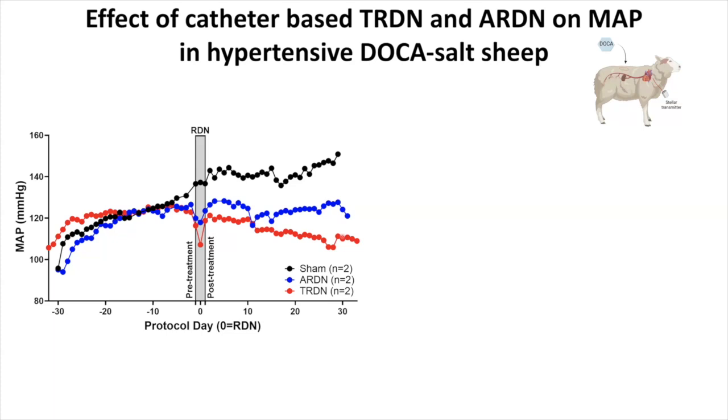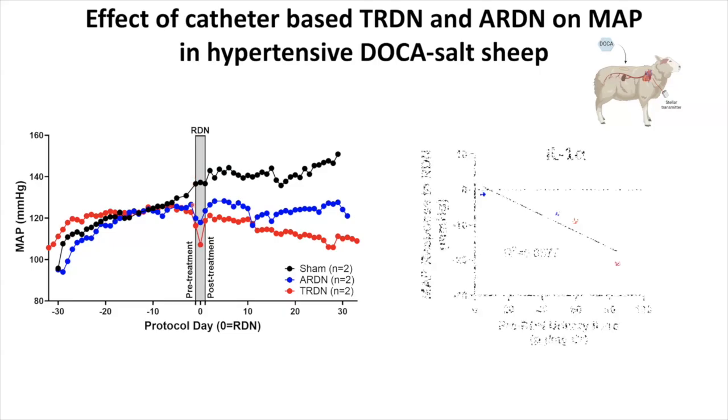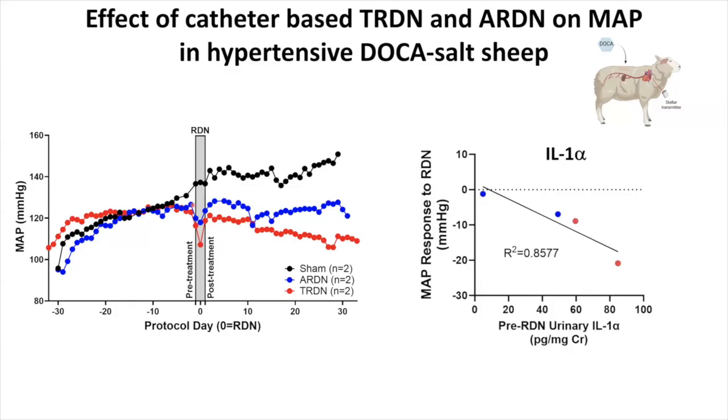So you might say, unlike the rat and the mouse, this does not repeat that, in that we did not get the same effect on blood pressure. But this is where the biomarker comes in. We collected urine and analyzed for cytokines right before treatment to see if we could predict response to the treatment. I'm going to show you one of the biomarkers. We did a bunch of them. I'll go through this one and mention a couple others.